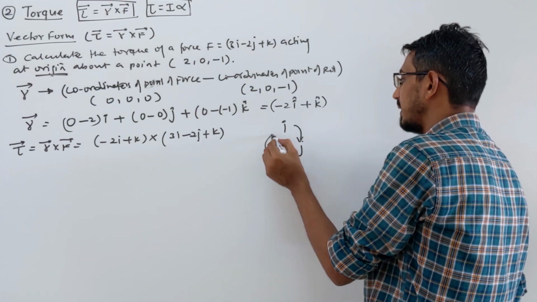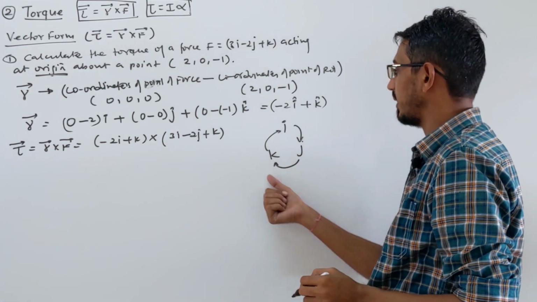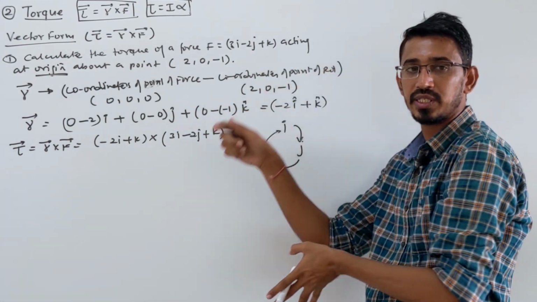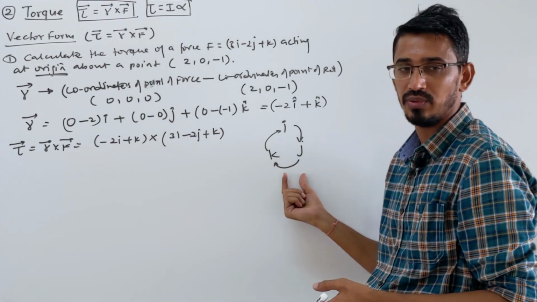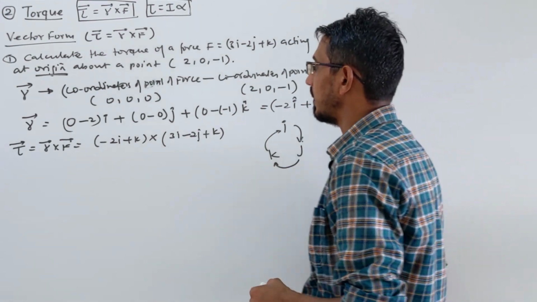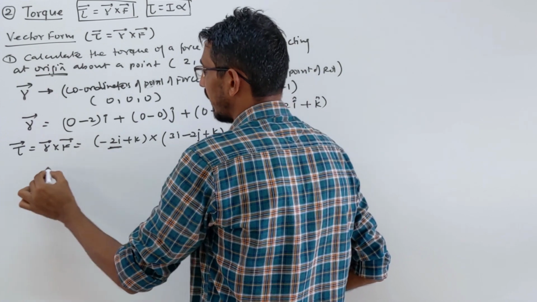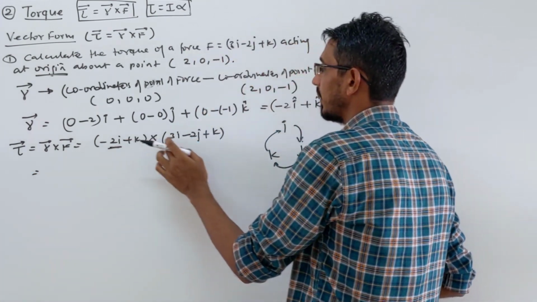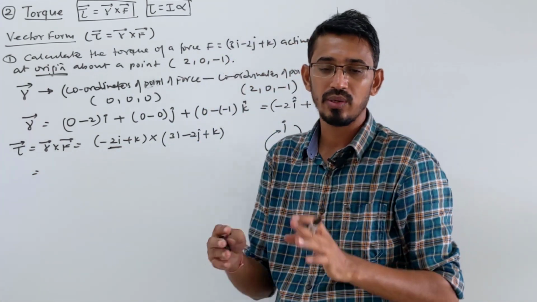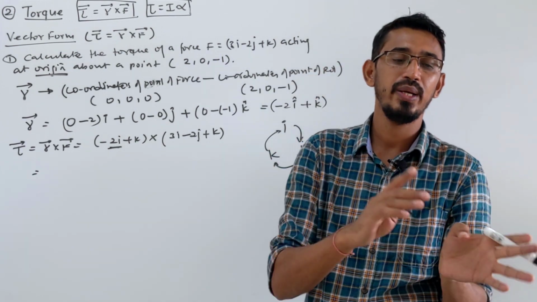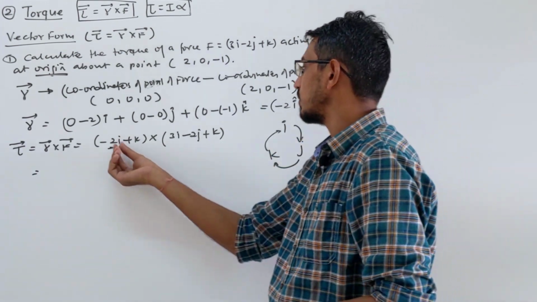If you multiply i and j, the answer becomes k; j and k, the answer becomes i. If you go in the opposite direction, anti-clockwise, the answer becomes negative. Hope you know this, right? Okay, let's multiply. First you pick your 2i, right? 2i multiplied with i, the answer becomes 0. i cross i is 0. In dot product i dot i is 1, right? So this term is 0.